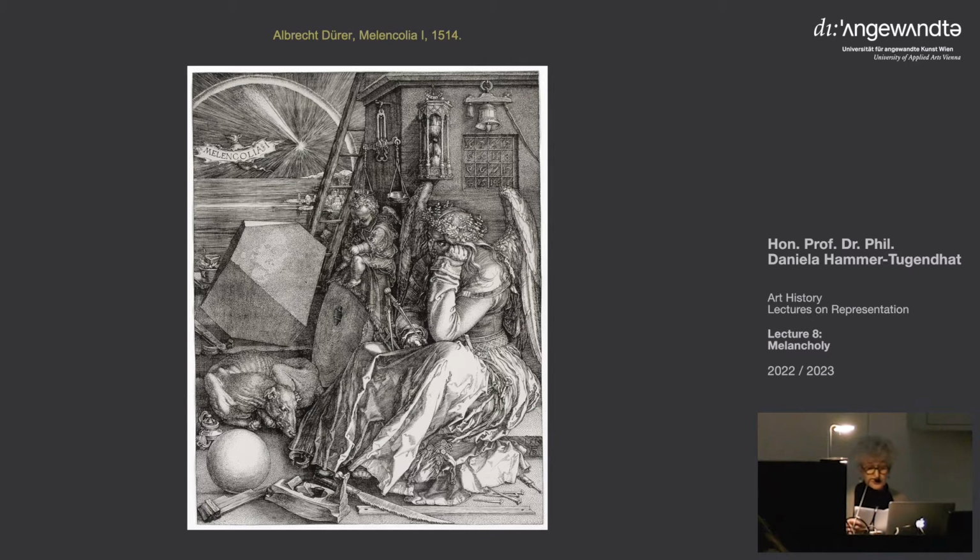We find few of the attributes traditionally associated with melancholy. There is a head supported by the hand, and the hand clenched into a fist. And there is a face in shadow. The keys and the purse symbolize power and wealth, the latter of which, although present in the picture, is ignored